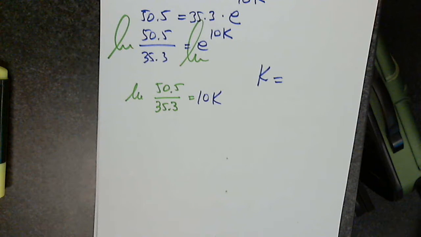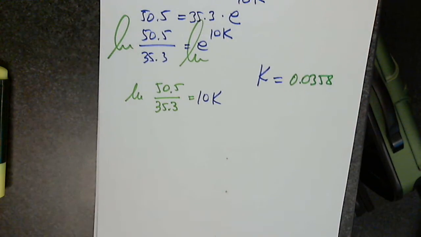Very good. So then natural log in parentheses, 50.5 divided by 35.3. Close the parenthesis and further divide by 10. And it says correct to 4 decimal places. 0.0358. So k is